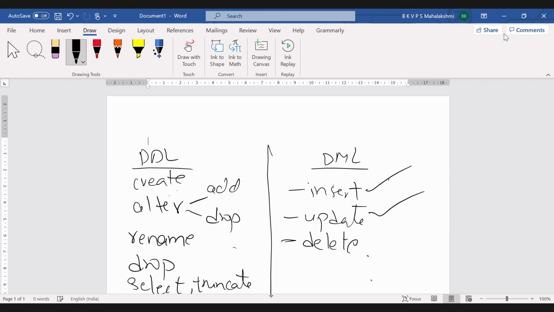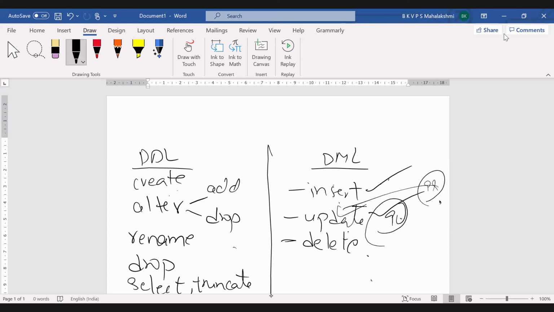Update is for modifying: suppose for a particular student with roll number 5, you entered a CGPA of 99 initially, but it should be 90%. You have to give the correct data, so you update the data to become 90%. That can be done using the update command.